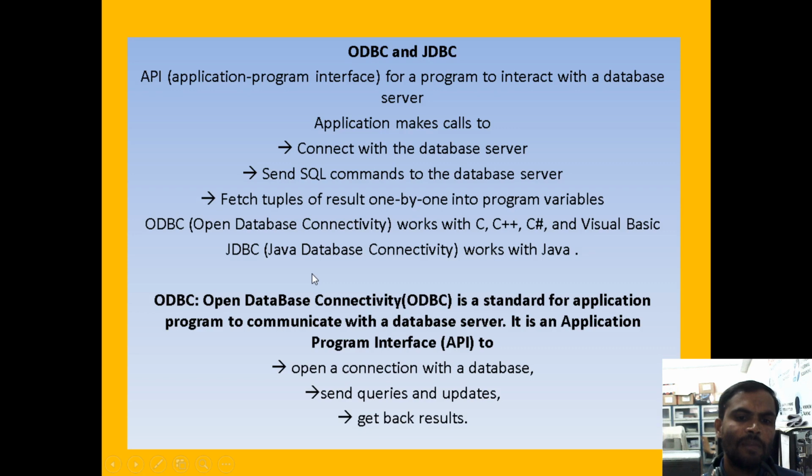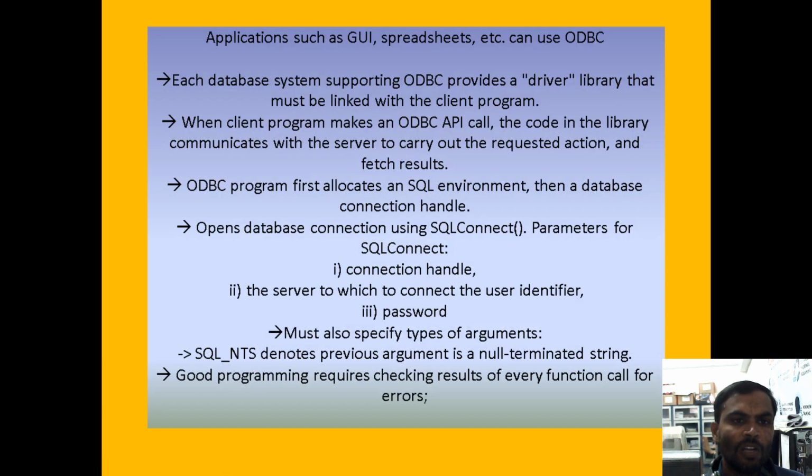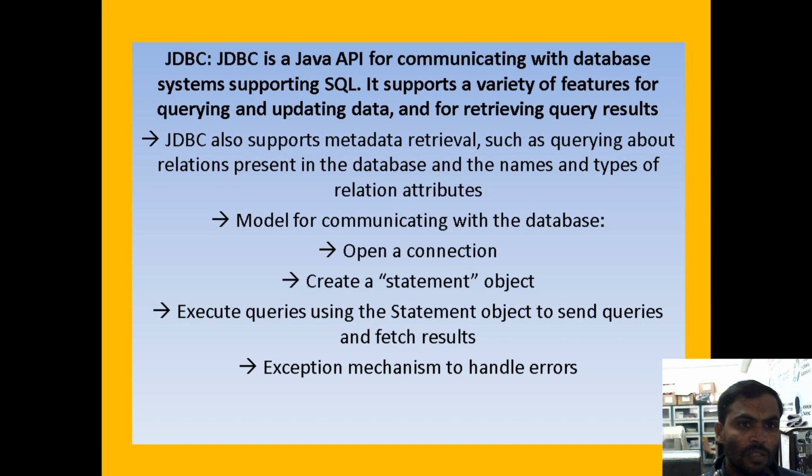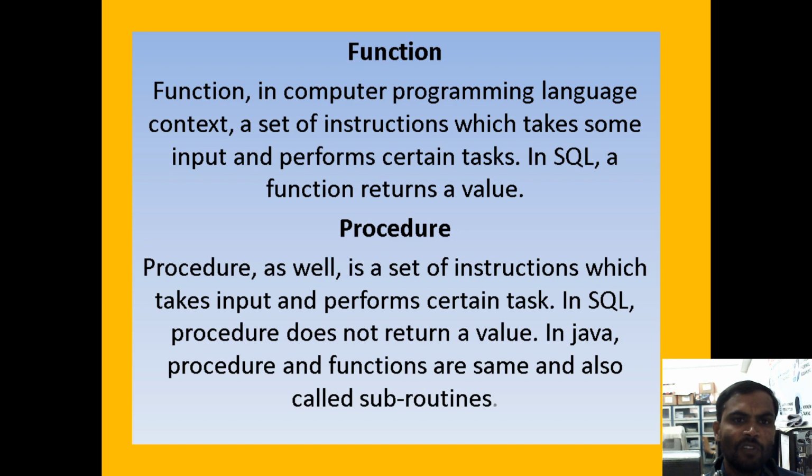Under Java Database Connectivity, SQL connections will be there. What I explained about the parameters at the time of connecting to the database server: the first parameter is the connection, then the connecting database, the identified user and the password. Then we give the type of arguments. What I explained previously is the same under the statements in the JDBC API. Next we are going for the functions.